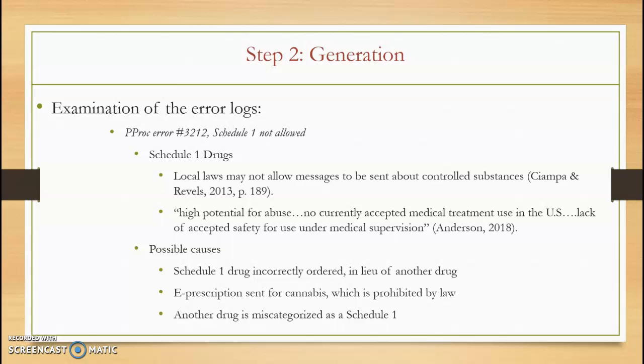According to Champion-Revels, there may be laws restricting sending messages about controlled, otherwise known as scheduled drugs. There is a procedural error in the error log which says that Schedule 1 not allowed. Schedule 1 drugs are not usually prescribed, other than cannabis, since that category includes heroin, ecstasy, and bath salts. Therefore, a few possible causes of this error is that the Schedule 1 drug was inadvertently ordered, like a typo,